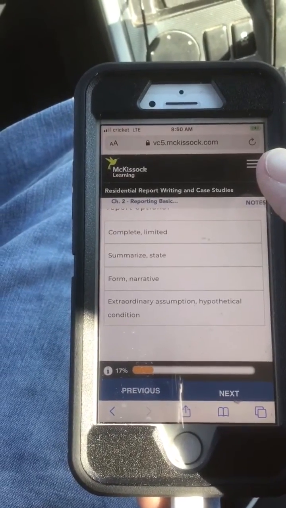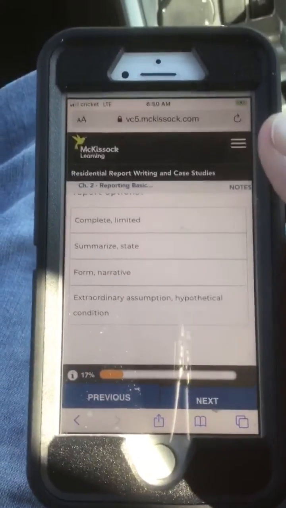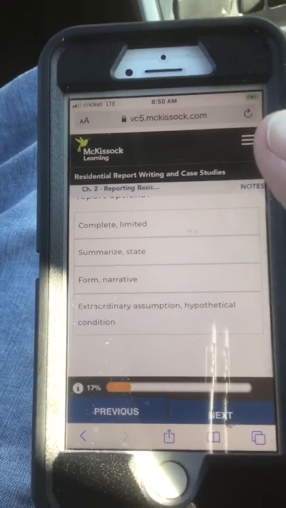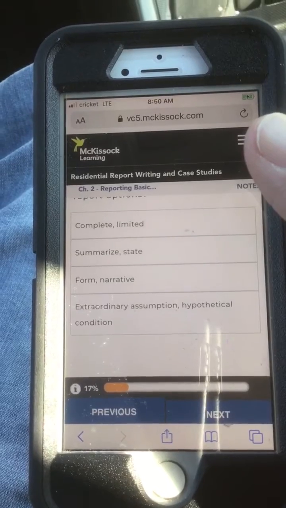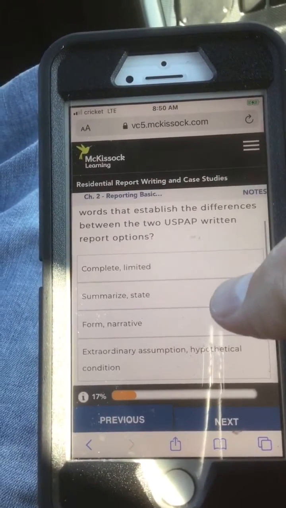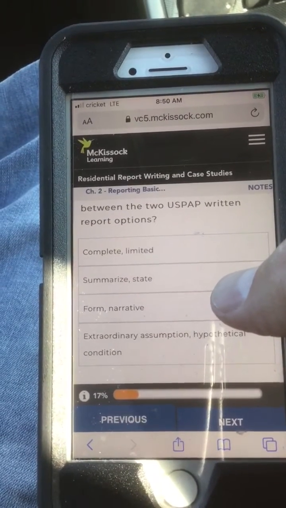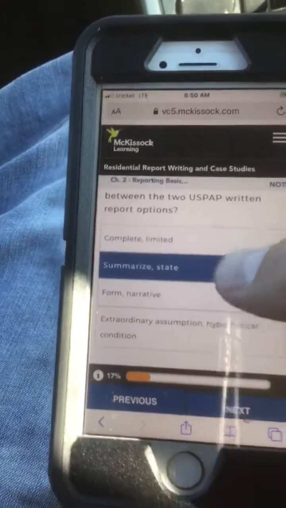C, form and narrative. Or D, extraordinary assumption and hypothetical condition. I'm going to go with B, summarize and state.